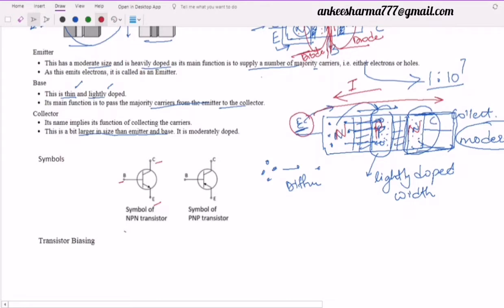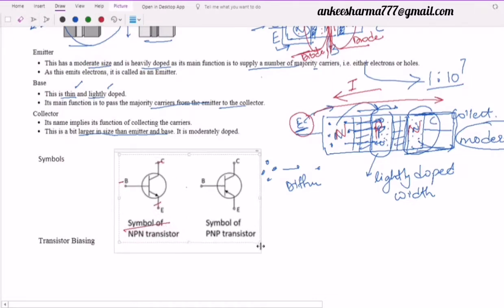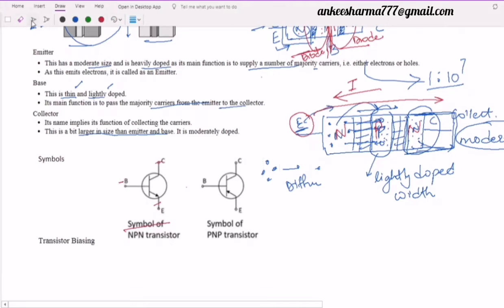So if I look at this NPN transistor, right, if I make this diagram a bit larger for you, now look here. In this you can see that this is my NPN transistor, where the emitter terminal is having a current, or you can say the emitter is receiving the current I. So this arrow direction is towards this emitter terminal because of this current I over here. As I explained, the electrons are going from emitter to the collector. Definitely the direction of the current will be opposite. So this arrow mark over here is showing me the direction of the current.